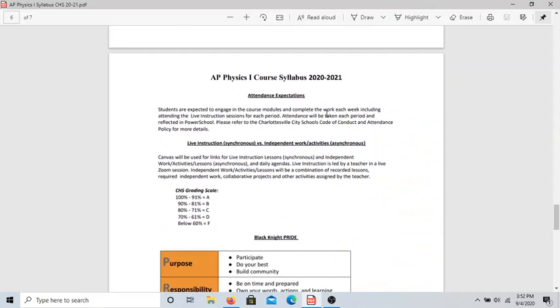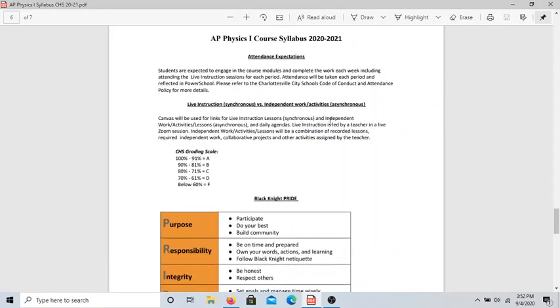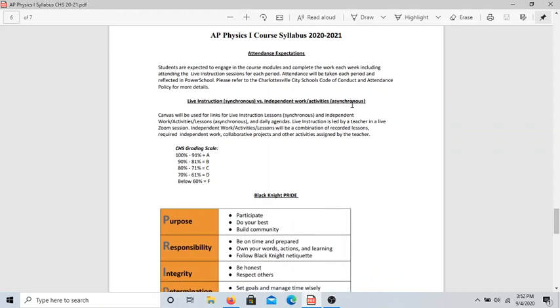And then a couple additions we have to discuss real quick. These are all things that were given to us by administration that are related back to school. So attendance, you need to show up to class, please. It's pretty simple. I'm going to treat attendance just like I normally would in class. So if you don't show up, I'm going to mark you unexcused absent. Now, I know there are lots of things that could cause you to miss an online class, things you can't control. What I'm going to say, and this is very important, if you miss class for whatever reason, I need you to fill out an attendance form.